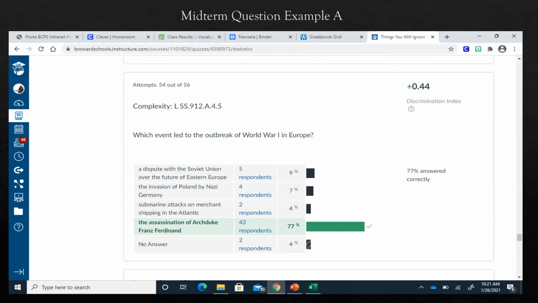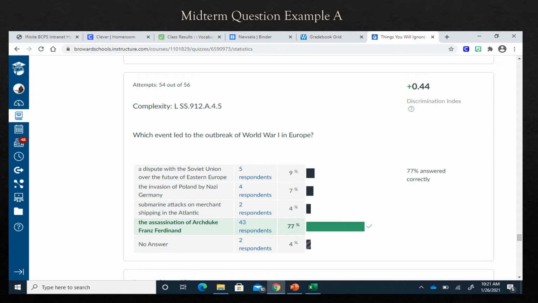Now for the midterm, I got a little bit better. As you can see with the Common Assessment number 2, you can look at the differences here. Not only is the complexity listed, but also the standard, and that right there for me is going to be the key, because moving forward with creating these assessments, making sure that that item is included will allow me to be able to look at the questions and then be able to compile how many students did well,